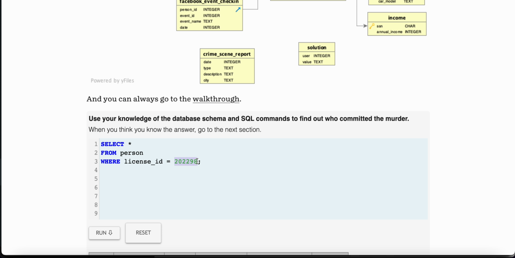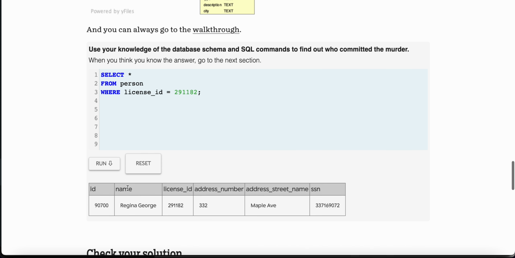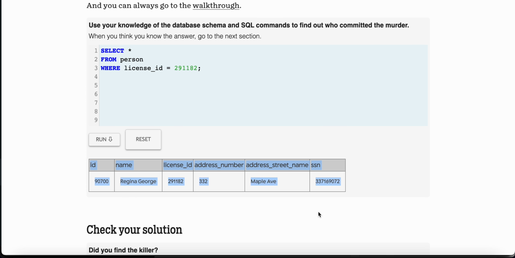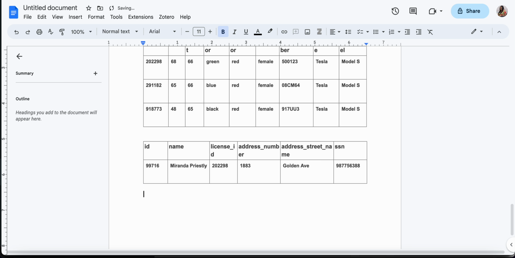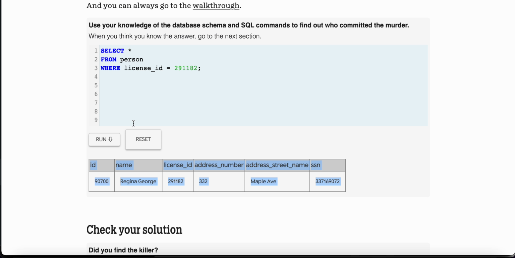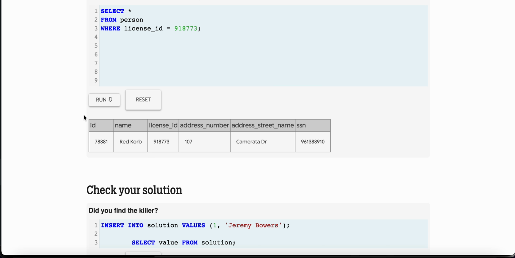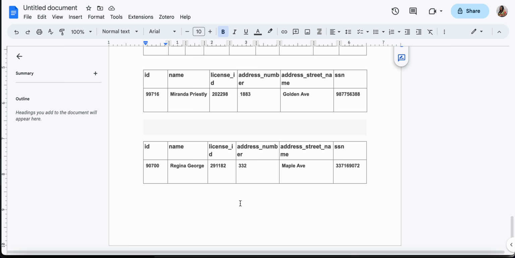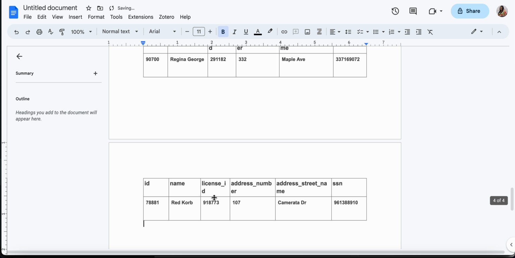Second person is Regina George. I like the name Regina and I like the combination with George. That's the second person. And who is the third person? The third person is Red Cup. Okay, so we have all those women, and since we have them,